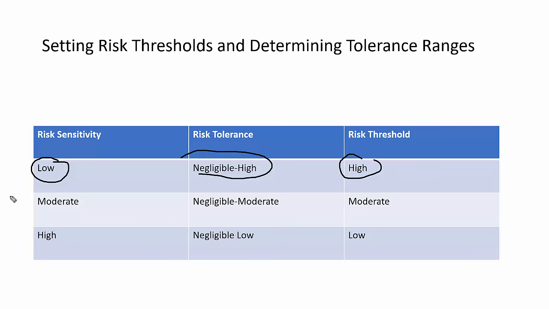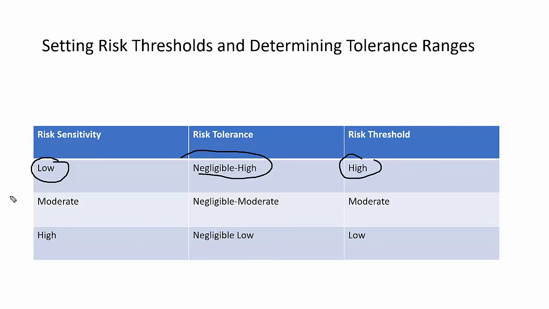So think of a risk threshold as the highest level of acceptable risk exposure for the resources. If you remember, we stated that risk threshold is always inversely proportional to the risk sensitivity level. So if you have a high sensitivity to risk, I repeat, if you have a high sensitivity to risk, then you should have a low threshold for the risk. Okay, a resource with low sensitivity to risk will have a higher threshold for risk exposure. So risk threshold is the upper bound of the risk tolerable range, and the risk tolerance range defines the lowest and highest level of acceptable risk for the resources. Okay, that's the most important thing.